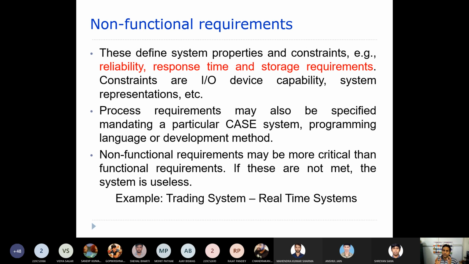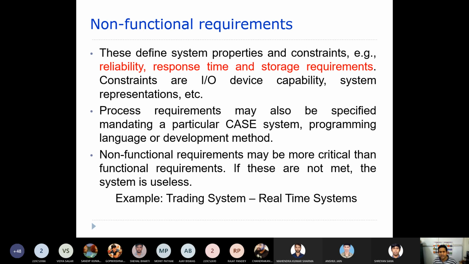So these are also requirements, but they are non-functional. It is all about the system properties, where you cannot give any input to the system. Functional means where you can give some input, you get some output. But here you are not going to give any input, right? So that means there's a performance you are going to see, right?